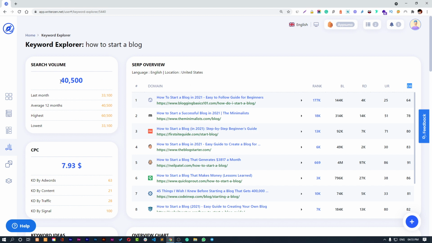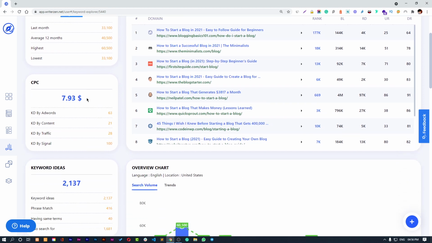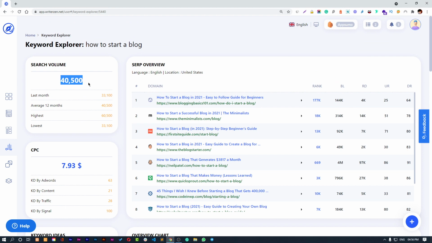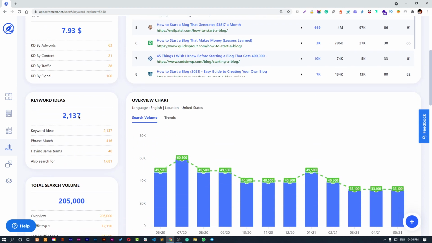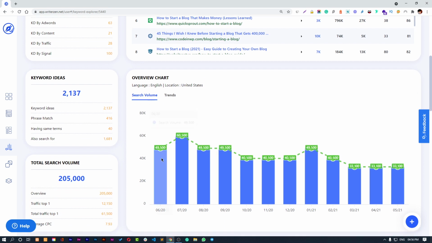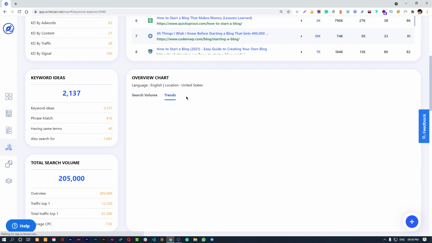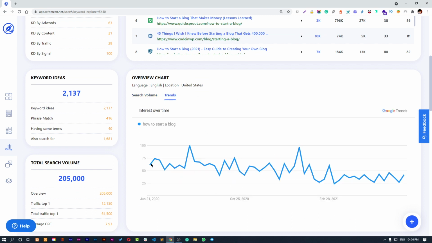Its search volume is pretty high, and its CPC is also high because of the demand and supply. So CPC is completely insane. You can also see the search volume chart over time over here, and you can also see the trends over time for the keyword that we input. So it's the changing trend.